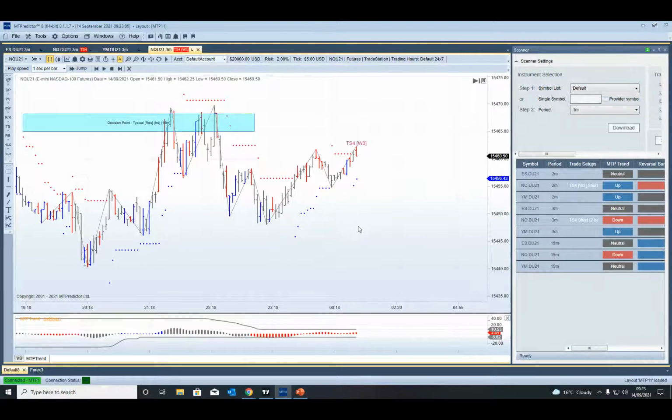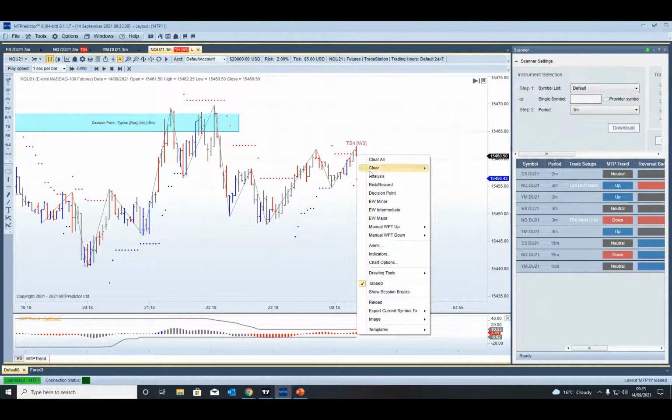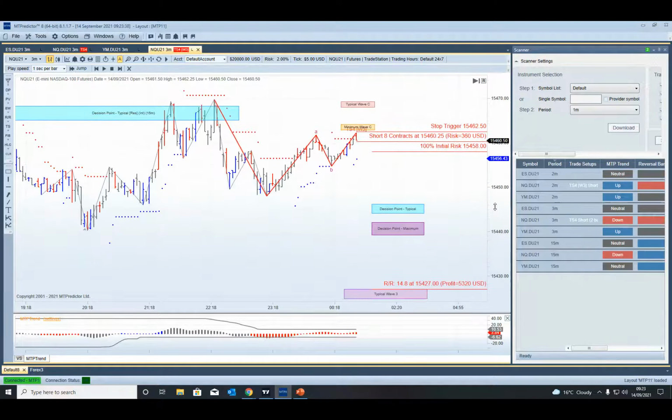This looked like an absolutely perfect setup, didn't it? So let's go through it. Market made a rally up here into the higher time frame resistance. Market started to decline down. It then made an ABC correction up into a sell setup. Our MTP trend was red. Everything looked to be exactly right in our MT Predictor tick box. Nice, clear, clean reversal. Nice, clear, clean trend. Lovely, clear, clean swings. Looked like it's going to be a good trade setup, particularly with a profit of almost 15R if it gets there. So, this looked to be really good.